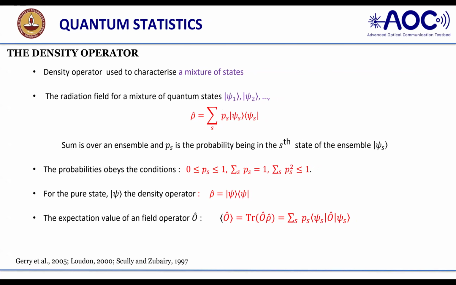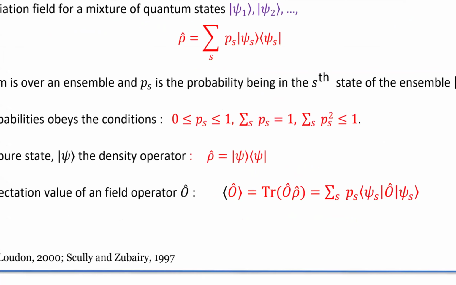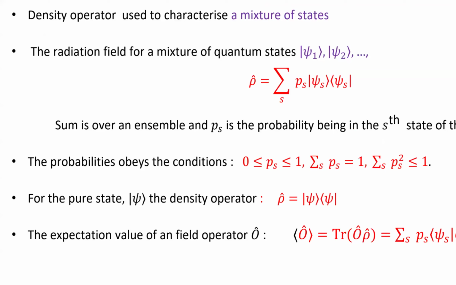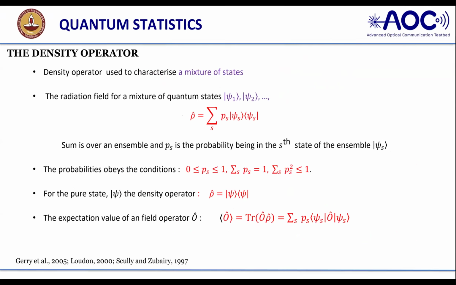Suppose you are considering only a single laser source, a monochromatic laser source or any such, then the density operator will be written with probability 1 here, and probability 1 here, and you can see the state psi. And if you want to find the average, like the average over the density operator, you can find it with a diagonal operation kind of thing.